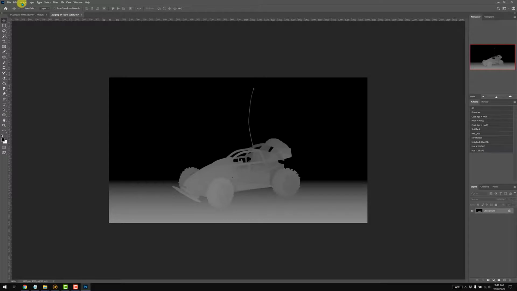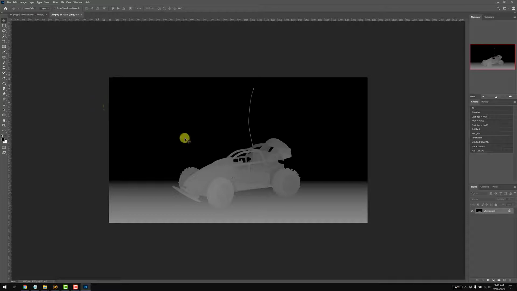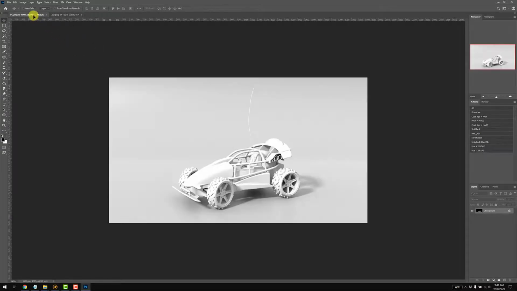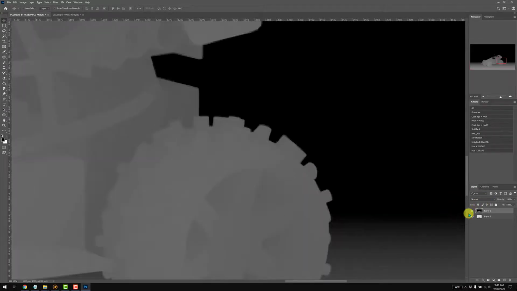Looking at the z-depth pass, go to Image, Mode, and this one is actually going to be set to grayscale with an 8-bit channel. So again, just be aware that that's there. So what I'm going to do is I have the move tool active. I'm going to left click and drag. I'm still holding left click, and then I'm going to hold shift. You can see that when I let go of click, the image just pops right on top of the other one. So if I zoom right in right here, I can see these two images are sitting directly on top